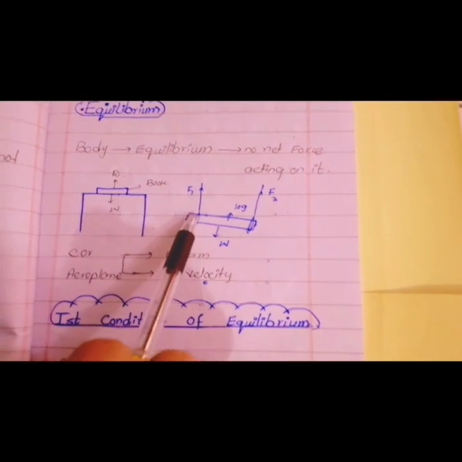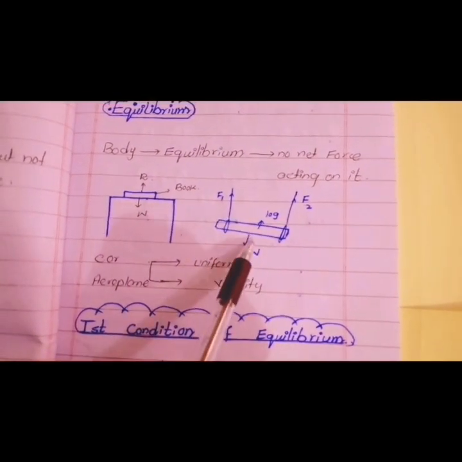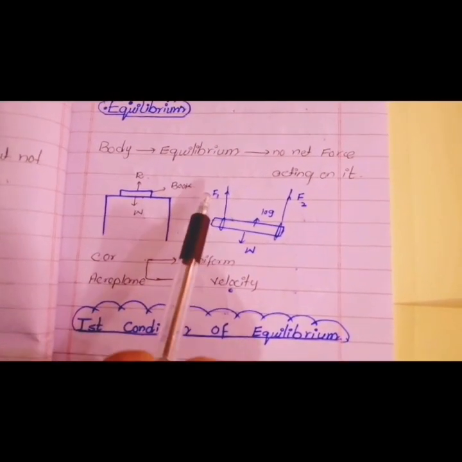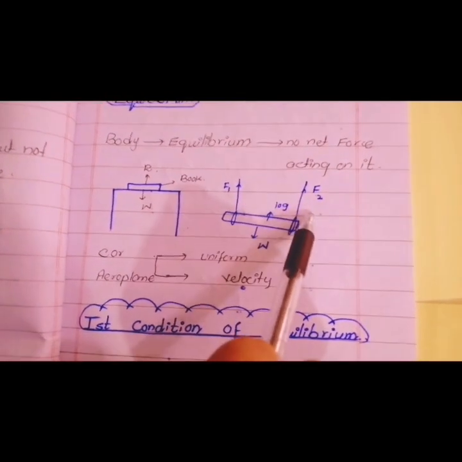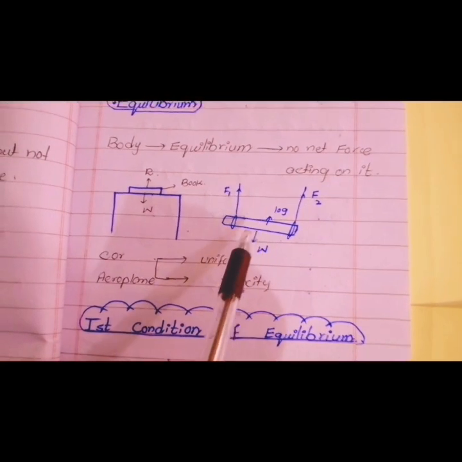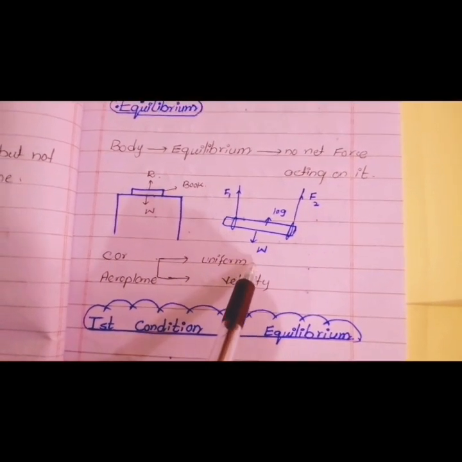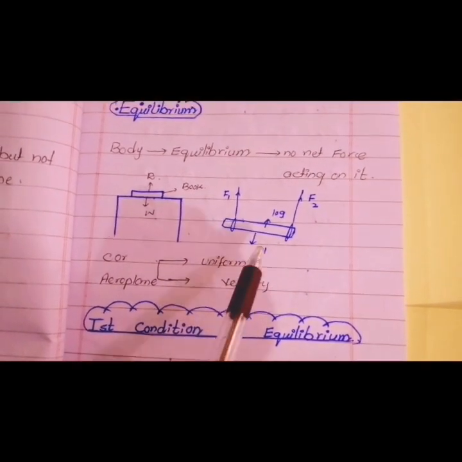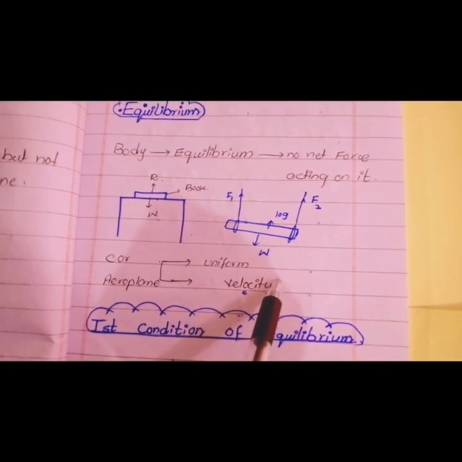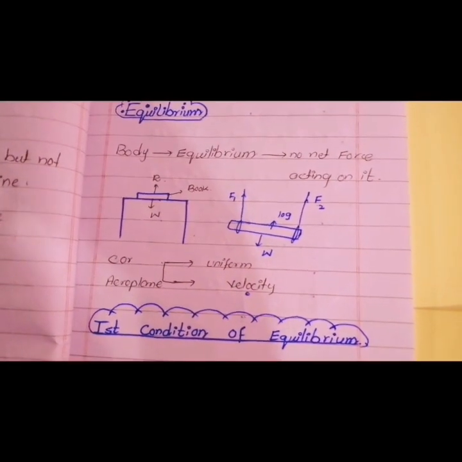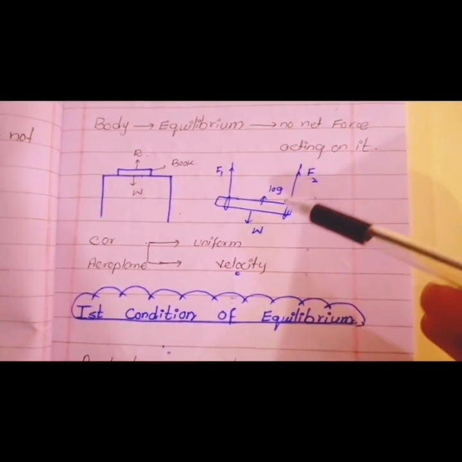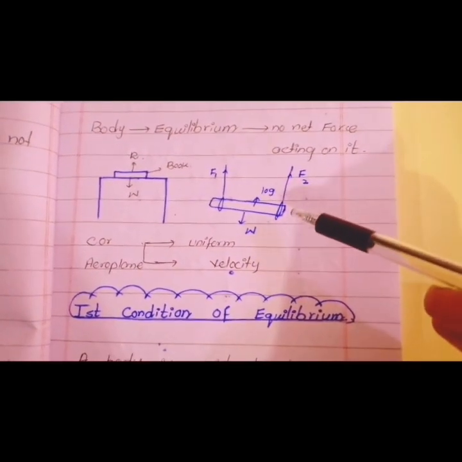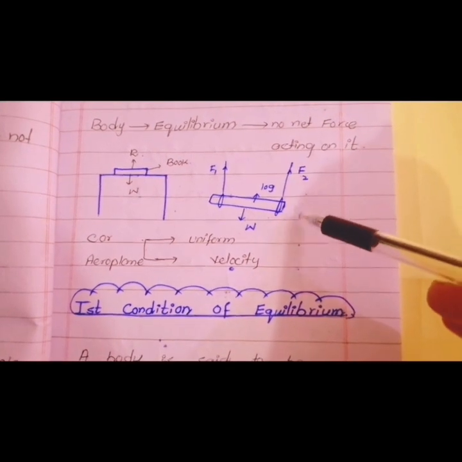And if a log of weight is balanced by the two forces F1 and F2 which are acting in the upward direction, and the weight of this log is acting in the downward direction, so these forces are equal and opposite. These forces will cancel the effect of each other. So we can say that no net force is acting on it, and this log is also in the state of